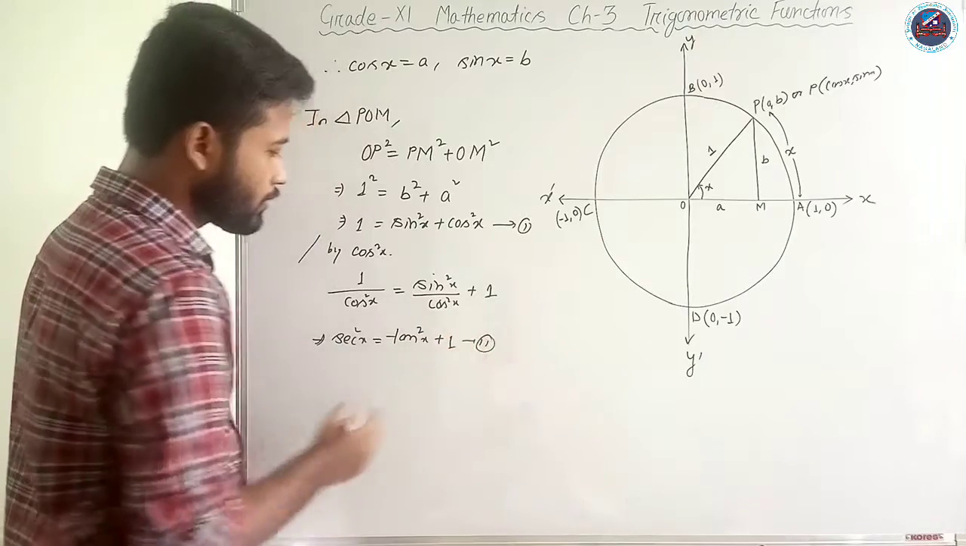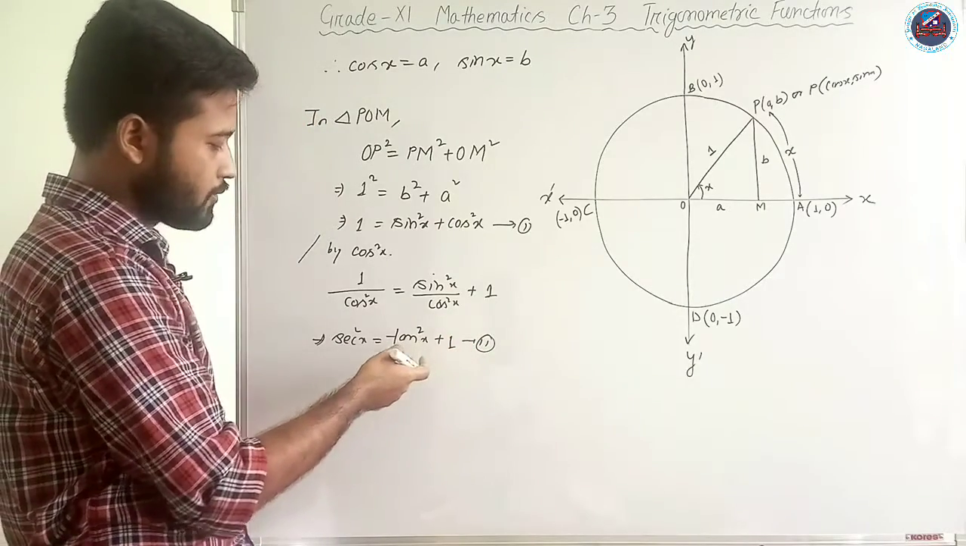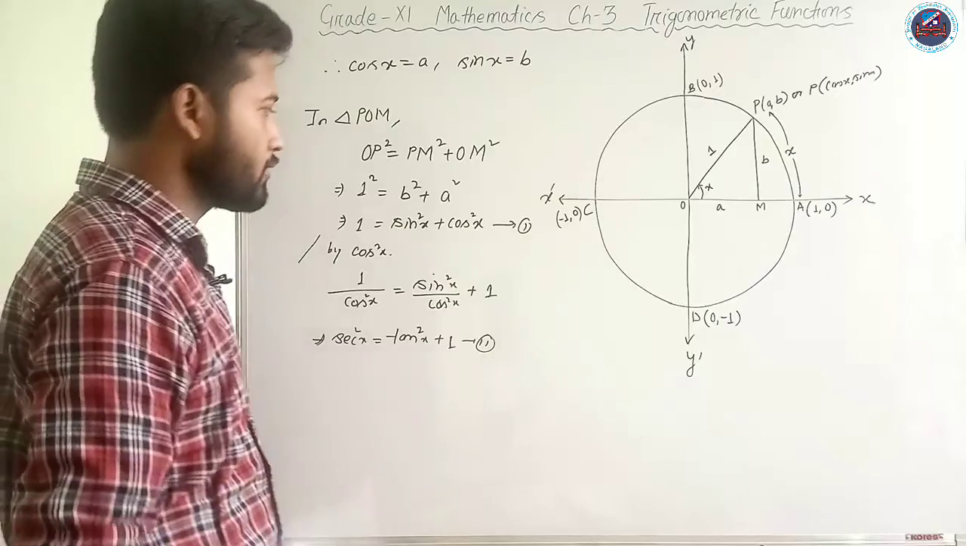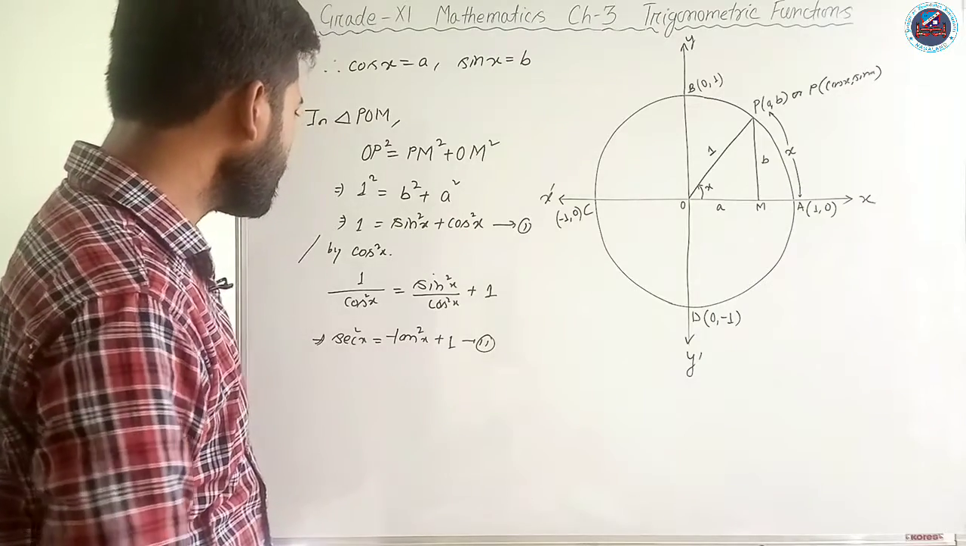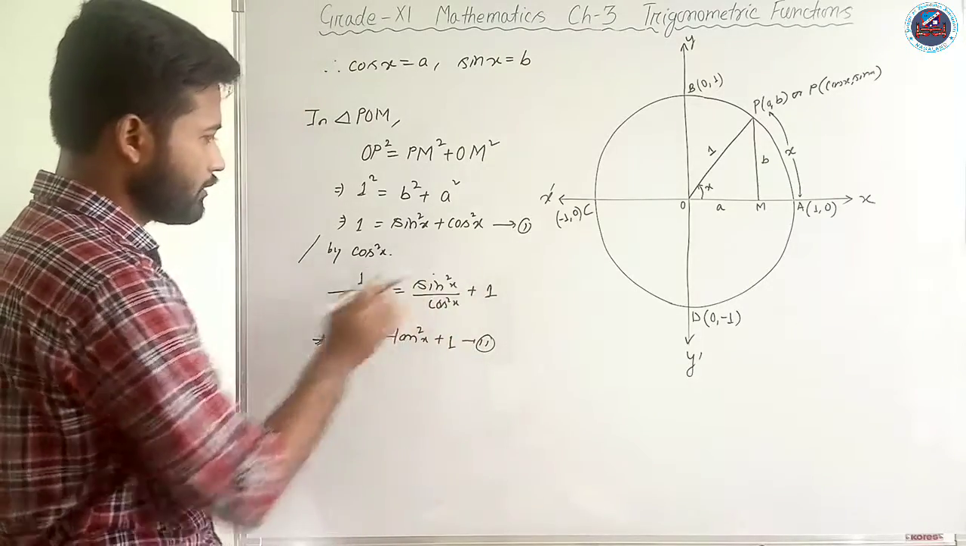So this is another equation that we can write: 1 plus tan square x is equal to sec square x. You have got this in your grade 10 as well. Now one more I can write from here is